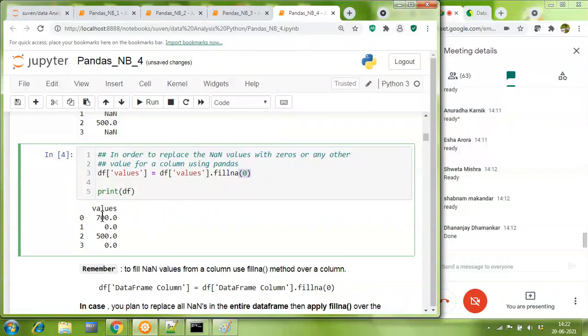For example, you knew that 700 and 500 are the cost of some particular type of product, and for two products no cost has been given. There is one way to think about it. Let's say all four products are expensive Parker pens. One pen is costing rupees 700, another is costing rupees 500. For two, you don't know the cost of the pen. So you can approximate and keep it as an average. The average of 700 and 500 is rupees 600, so you fill the remaining two entries with 600.